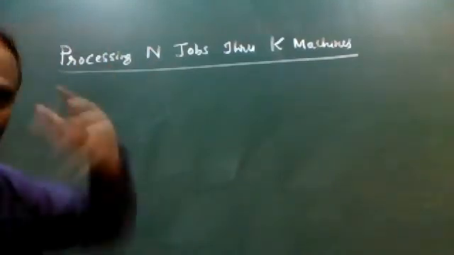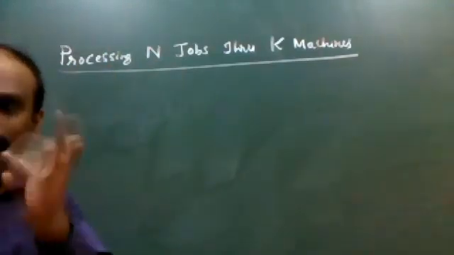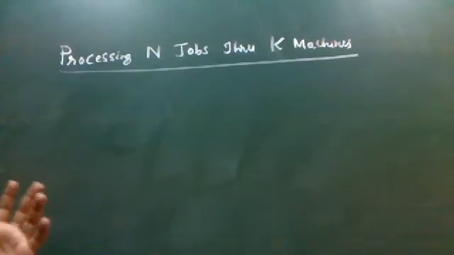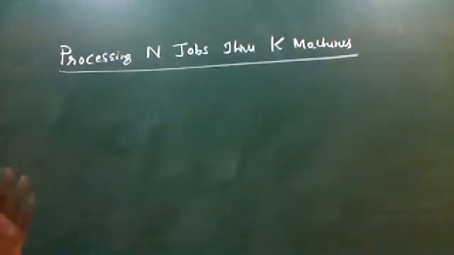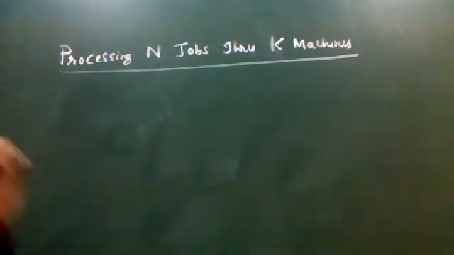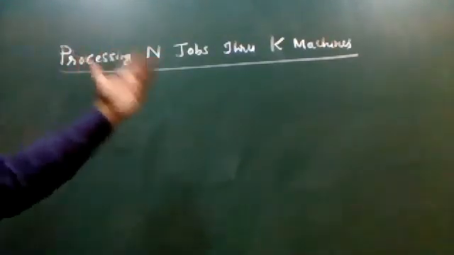I think we have already done that. When it comes to the second method, that is the 3 machine problem, I think we had a very important condition. Do you all remember the condition? Minimum of A should be greater than or equal to maximum of B, or minimum of C should be greater than or equal to the maximum of B. If any of these conditions is satisfied, then the problem is good to go for conversion.